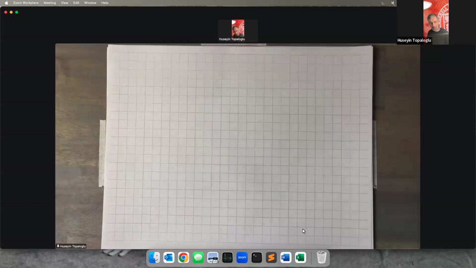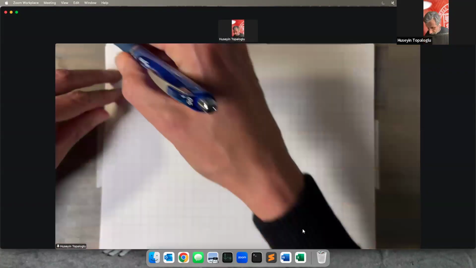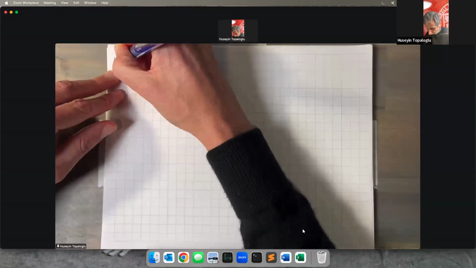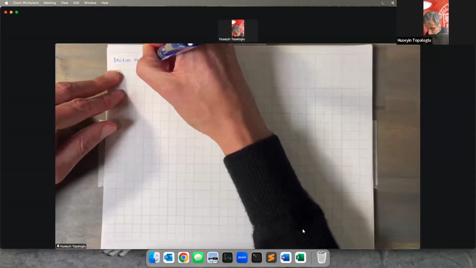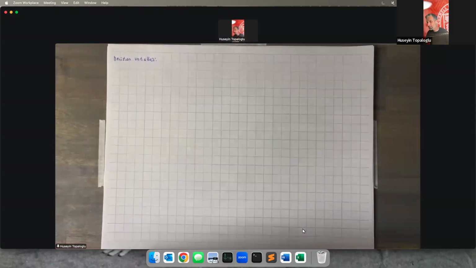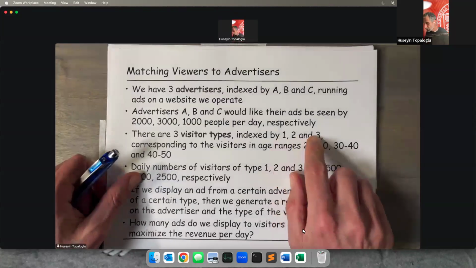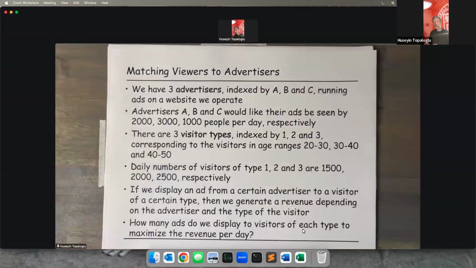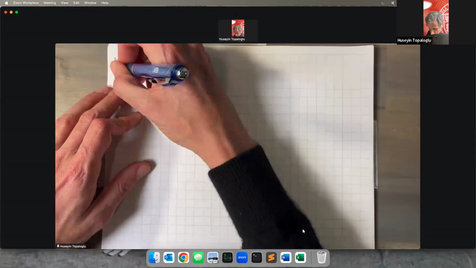Once again, we're going to go through the exercise of specifying what the decision variables are, writing our objective function, and writing our constraints. So what are the decision variables? We have three types of visitors, and we have three advertisers. We need to think about how many visitors of each type are seeing an ad from each advertiser. Okay, so then our decision variables are going to be, let's say, x1a,